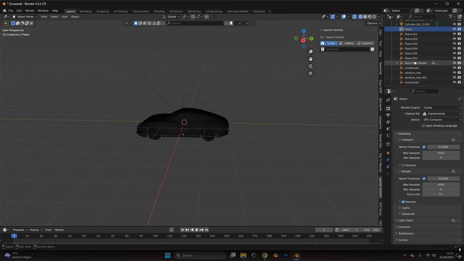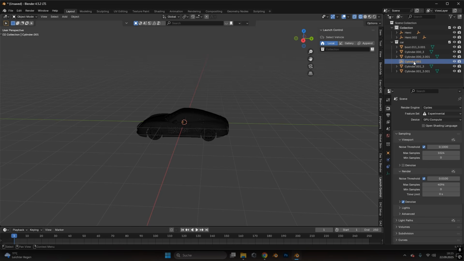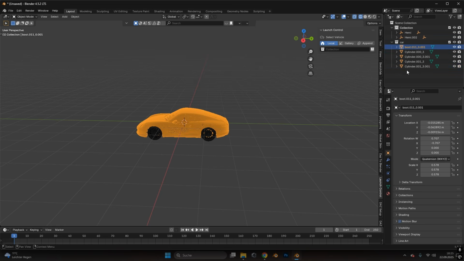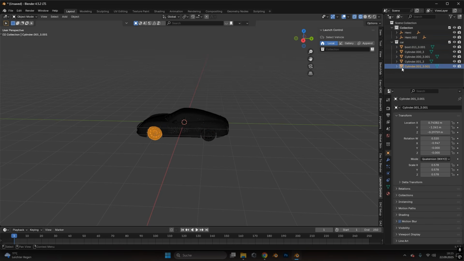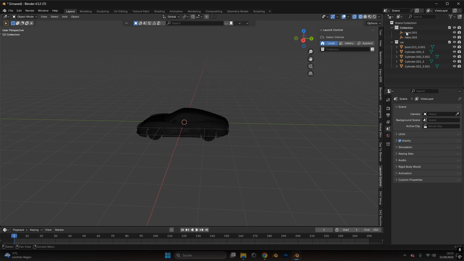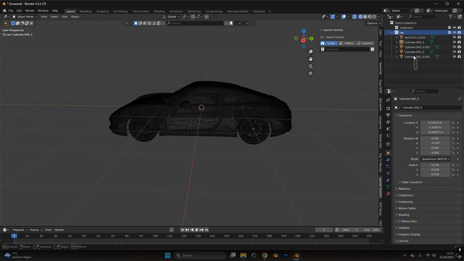Make sure you delete all your empties first. I forgot to do that. So you only have real objects left. You can see objects are the ones with the triangle in the front. The rest we can delete. We don't need that. Make sure all of them are in the same collection, and then we can choose this